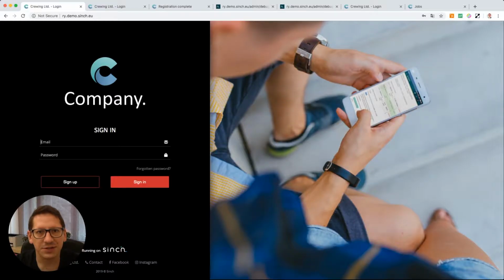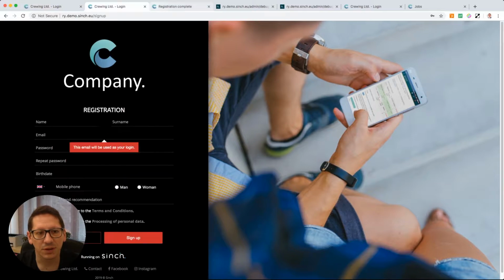First, you'll need to enter your company's Cinch web link into the web browser, which will bring you to the sign-in page. If you're a returning user, you can simply click Sign In. If you're here for the first time, you'll need to sign up. Once you've clicked Sign Up, you'll come to the registration page.